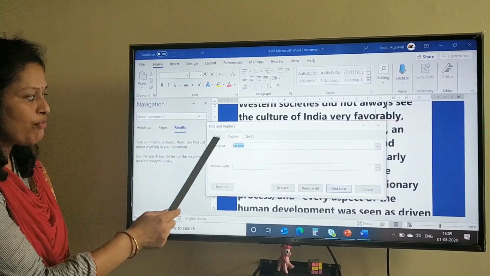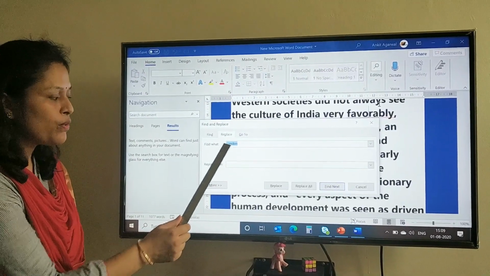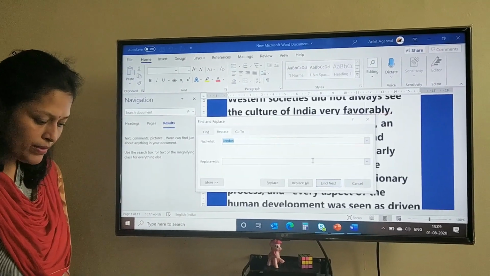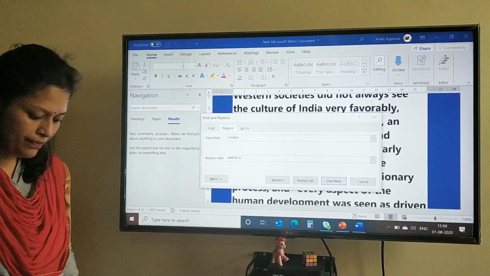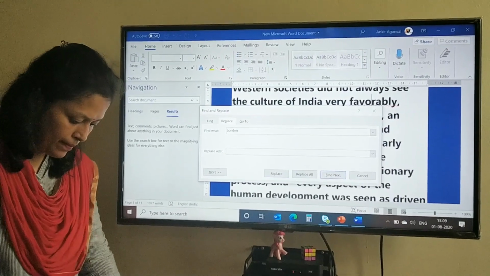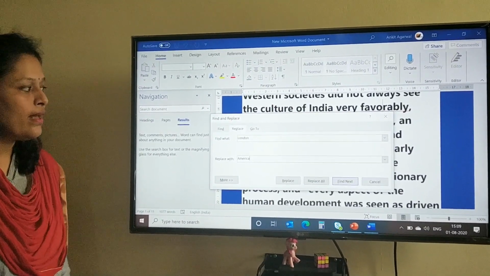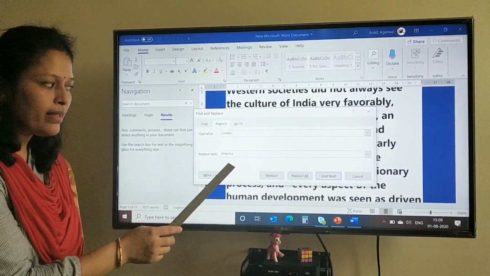Find, Replace and Go To. Now, Find what? Suppose the word London has to be replaced by America. Okay, I want the word London to be replaced by America.